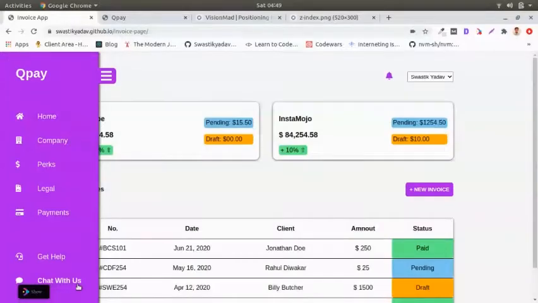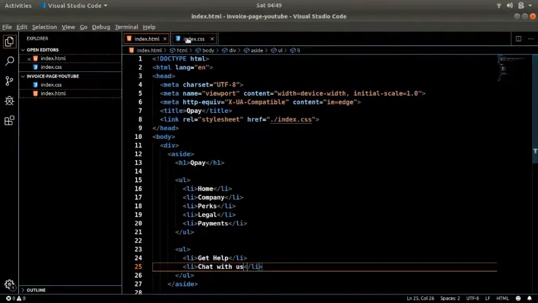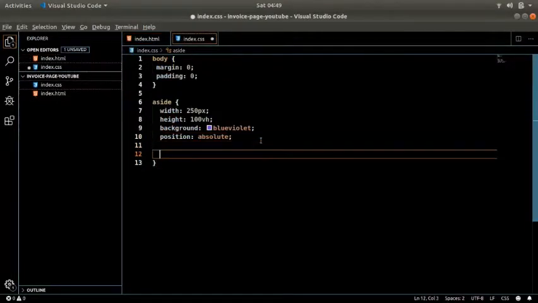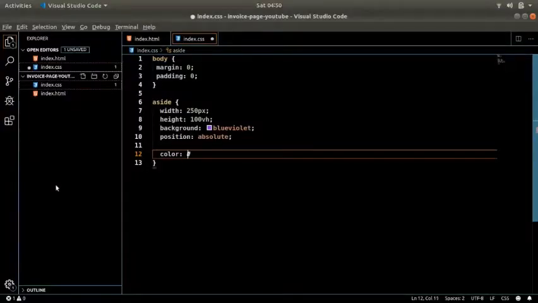Okay, there we go. Now if we look at it, so here we have it. So yes, you see it's bullet points, it came in bullet points because that's the default style of the UL. So we need to handle that. First of all, whatever we have inside, we need to have it a specific color because the sidebar is blue violet, we'll have the color as pure white.